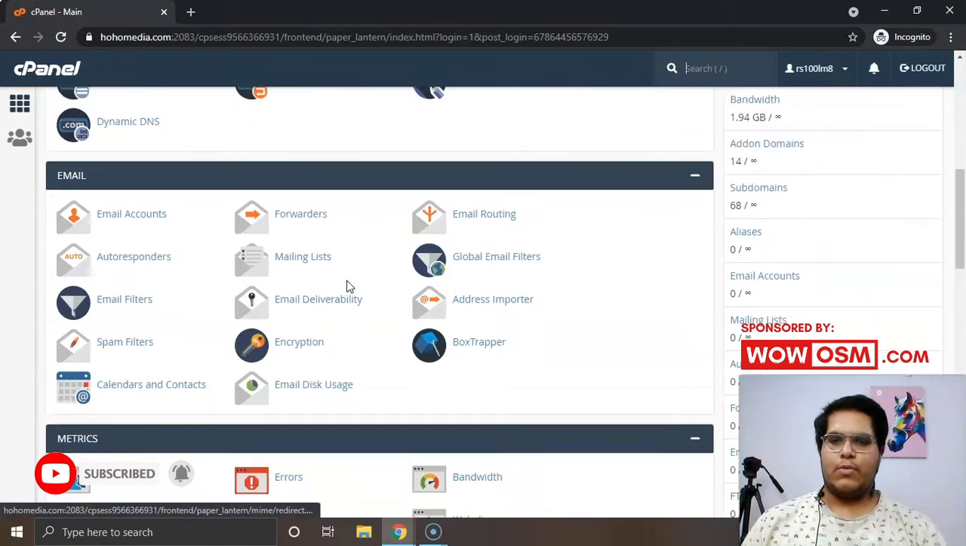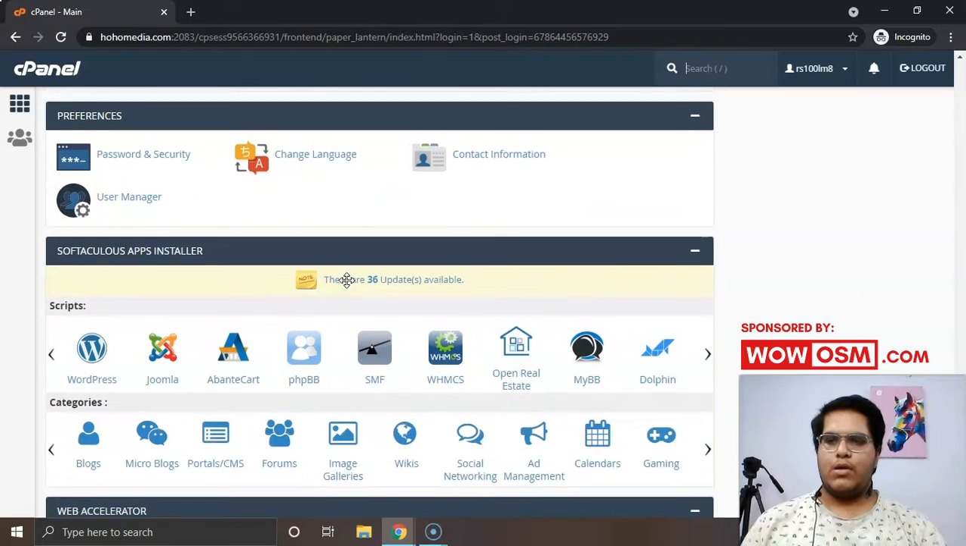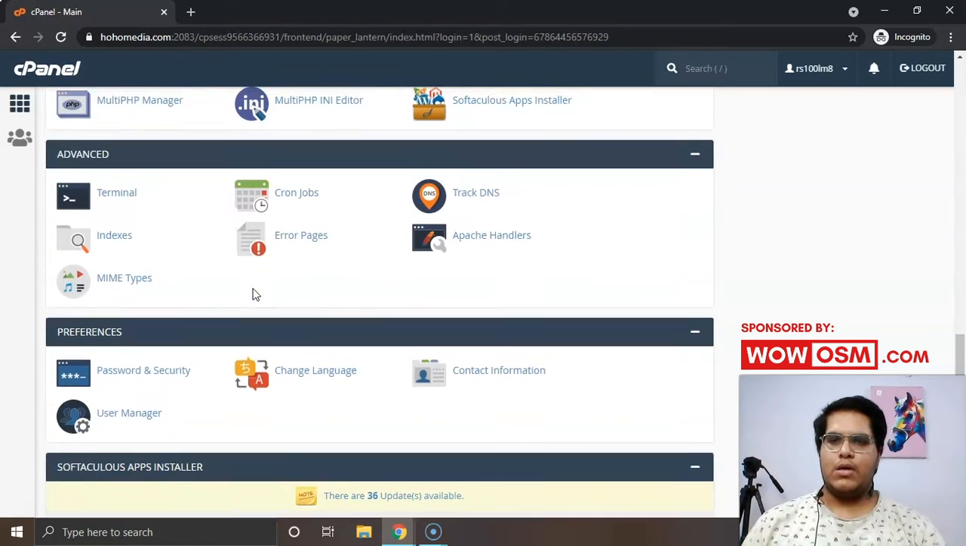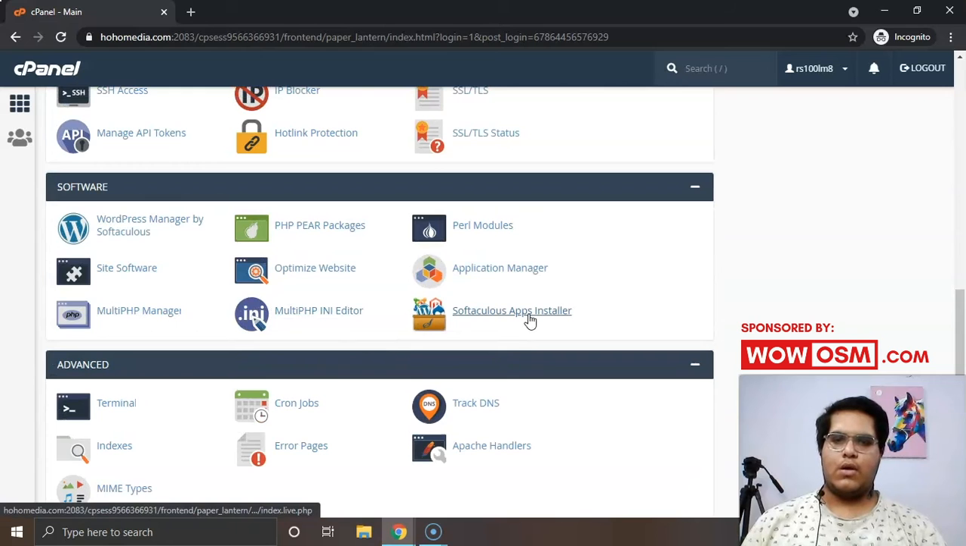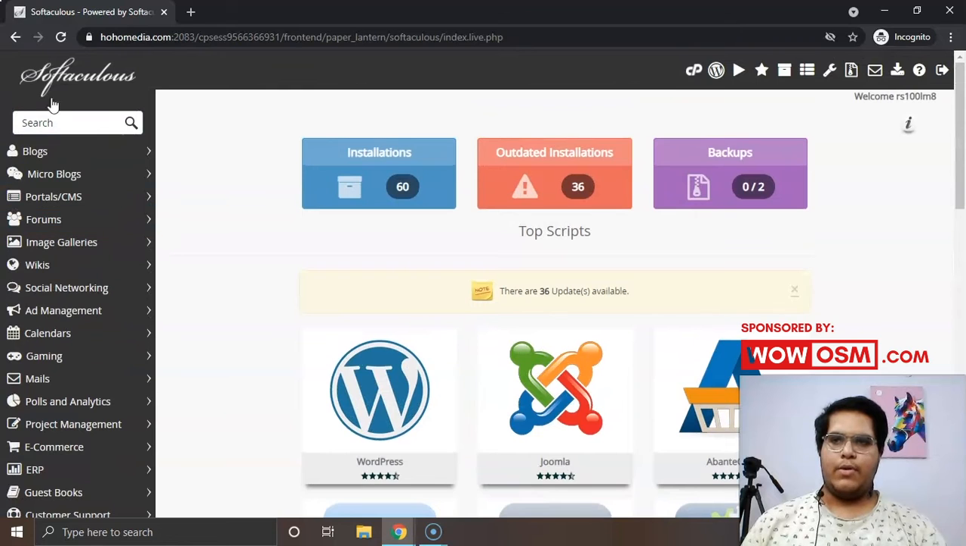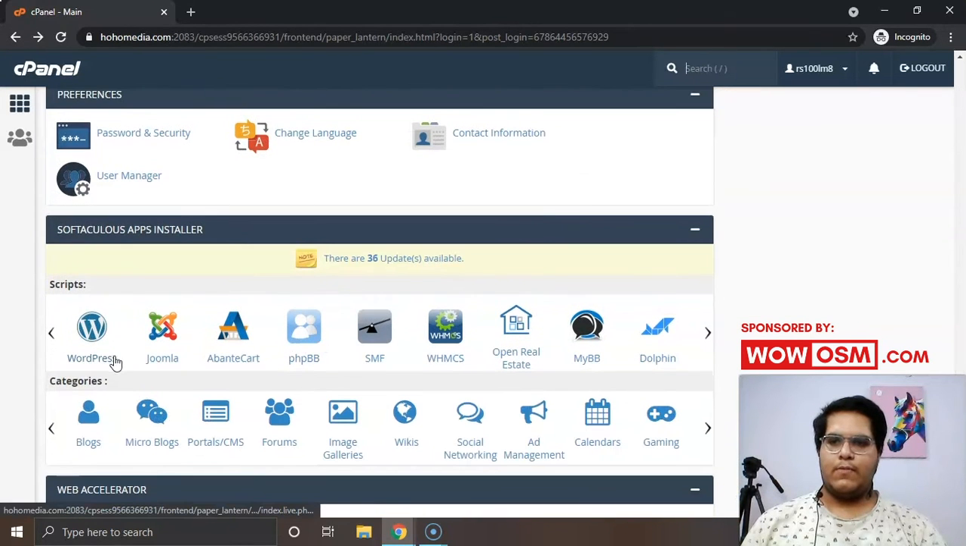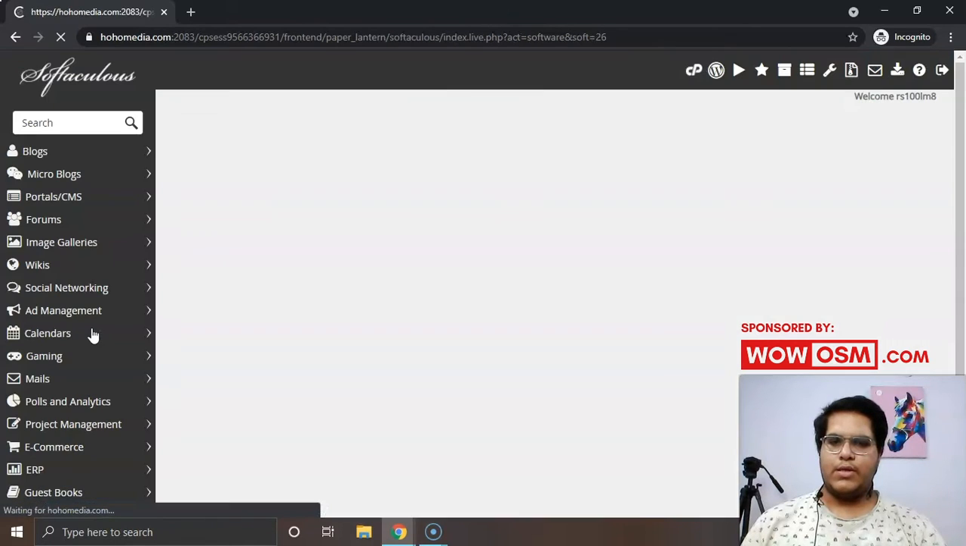This is the dashboard. So you're gonna have to go down here to Softaculous Apps Installer. If you don't see this place, you're gonna go up here. You can always go into this place. It is similar, but it's more like an app instead of a bar. Okay, so we're gonna click on WordPress,